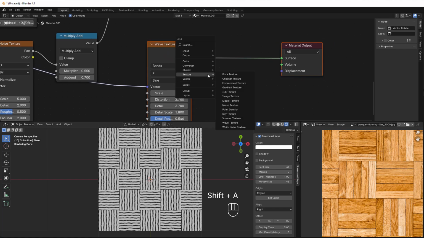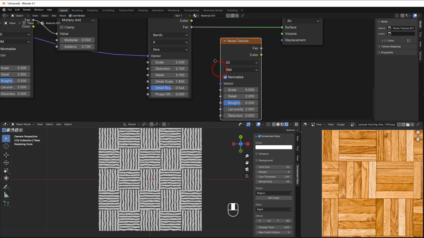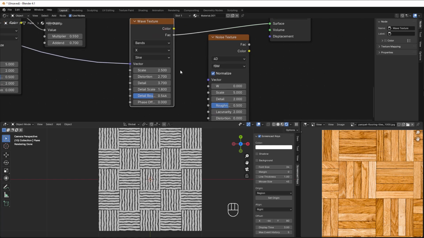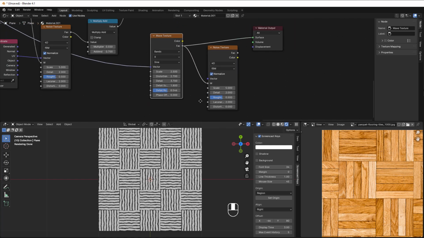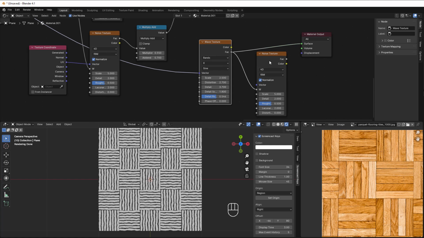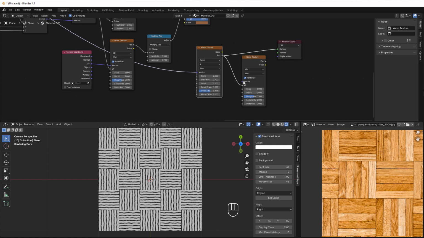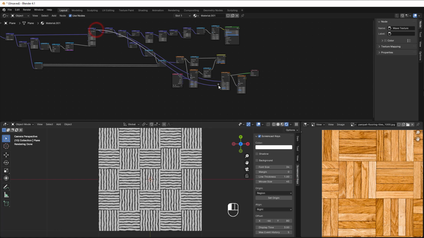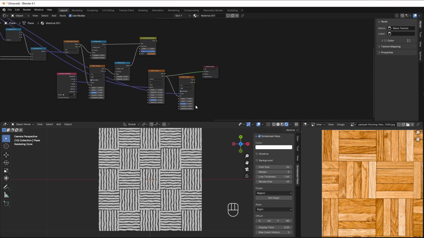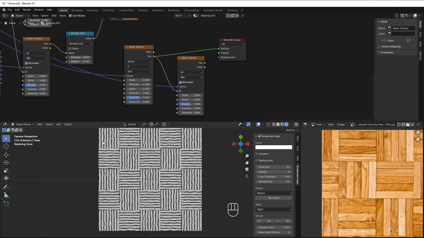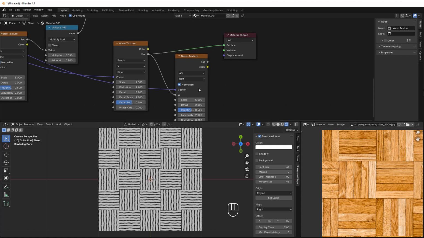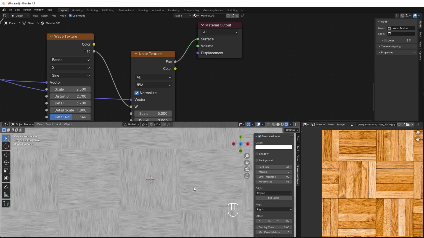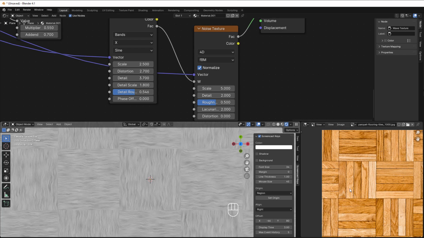So Shift A, texture, and the noise texture, and that one we can use 4D on and put the result from the wave texture into the result of the noise texture. In this case we can then use the same vector that we had up here, so another long line to the noise here, so the noise will go the same way as the wave texture is doing. So with that, if we take that to the factor, now we get something that is more like these things here,